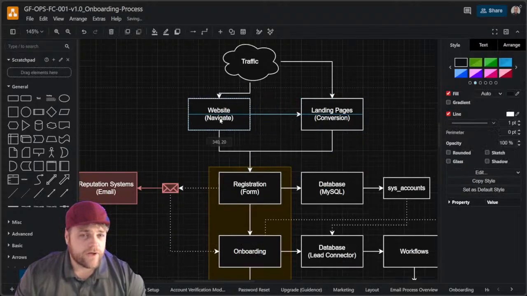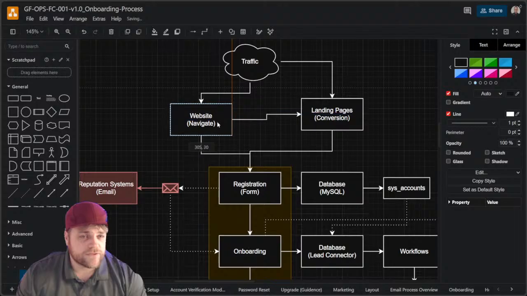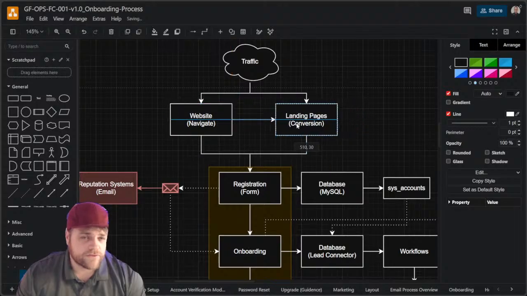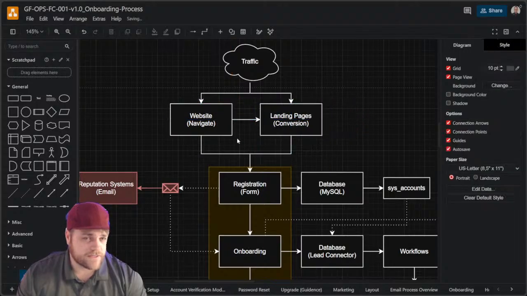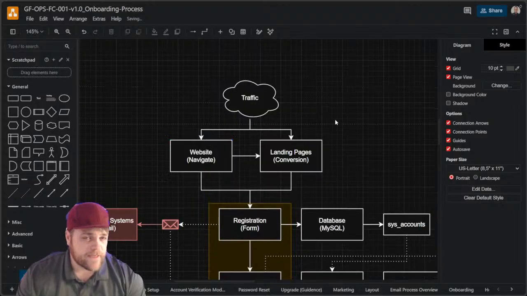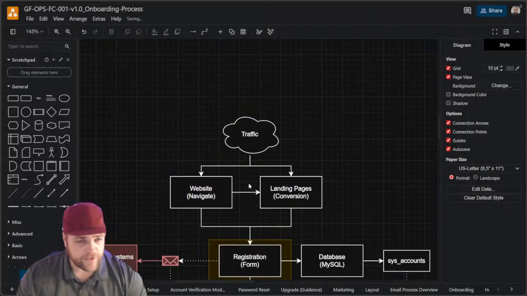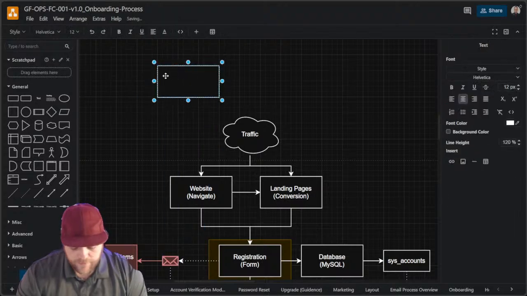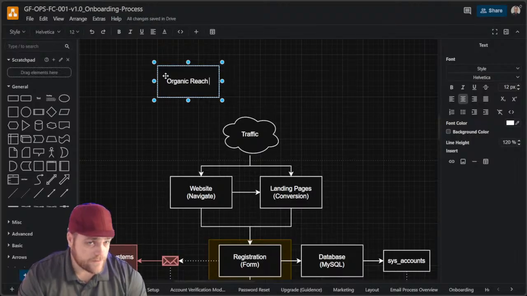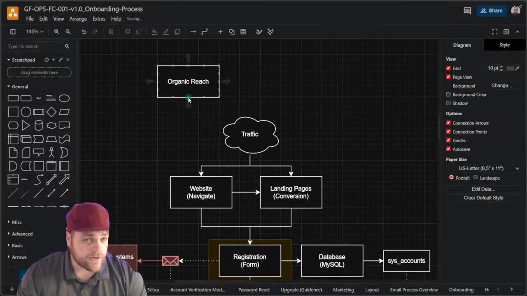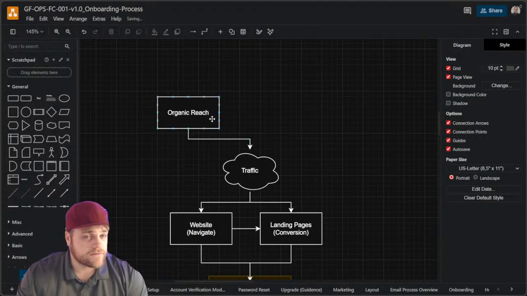Now why do I have these two versus one? The reason is that now things can be added to this. One thing could be organic reach. That can be an entire operation.